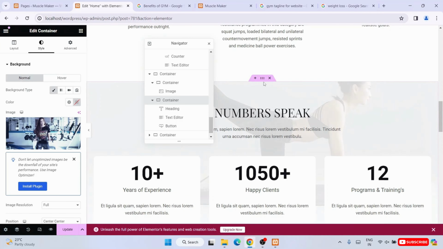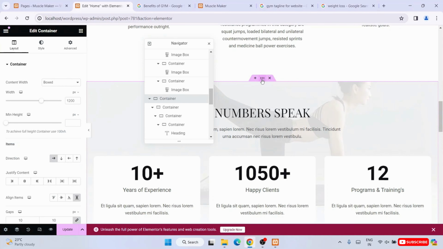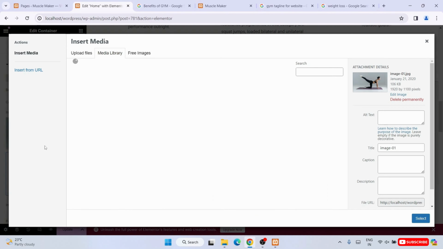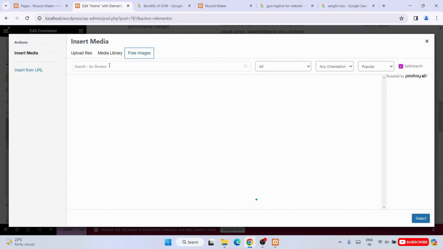So I'll select this main container. I'll switch over to the style tag. You can see this image. So I'm going to change this image with something. Let's say this time I'm searching like fitness,